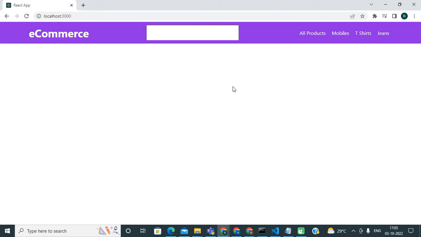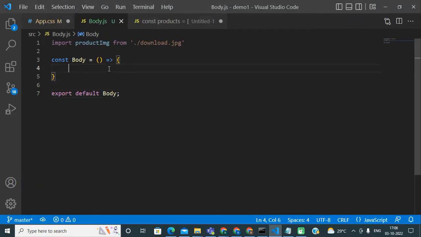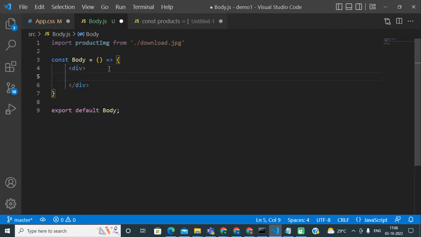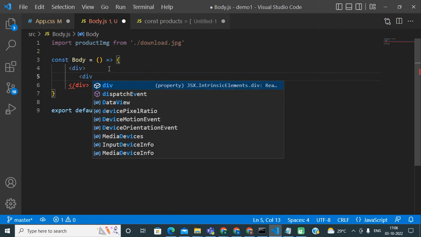In this video, I am going to show you how we can display different products on this page, that is, how we can render our product listing. For that, I will need to create a normal HTML skeleton to represent one product section, one product container or one product item. So let me take you to my VS Code editor, and you can see I am in the body component. Here I am adding my necessary HTML tags or elements.